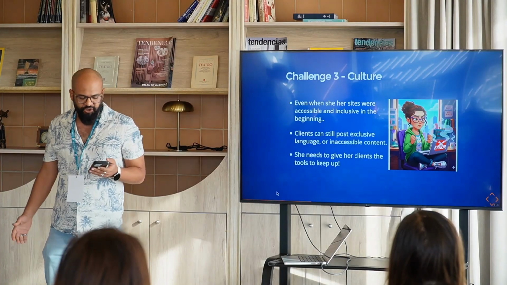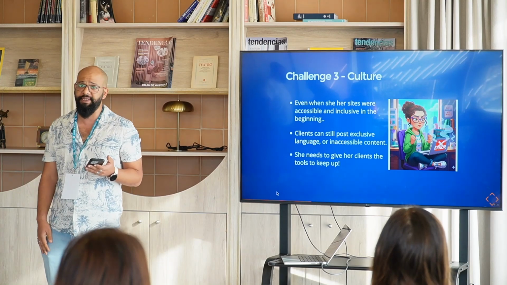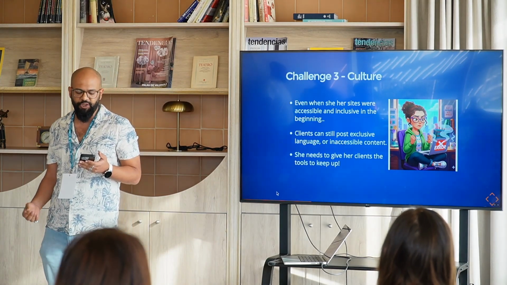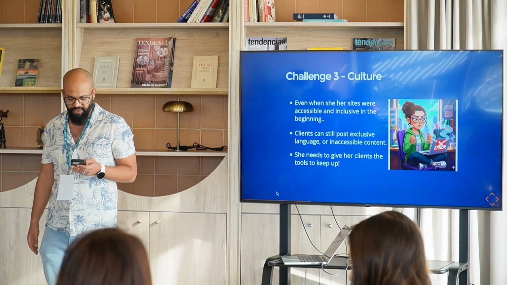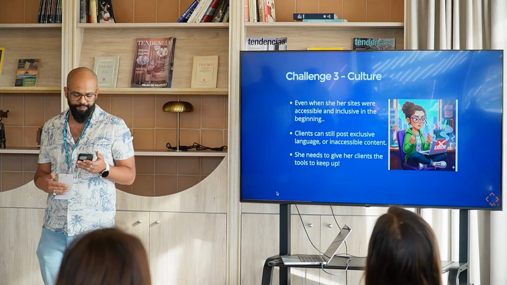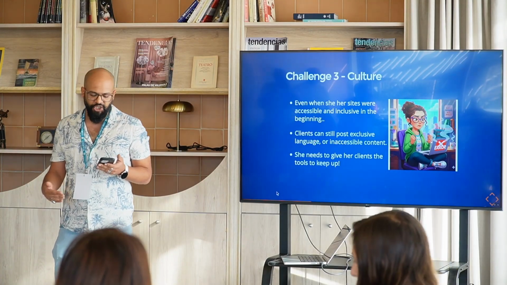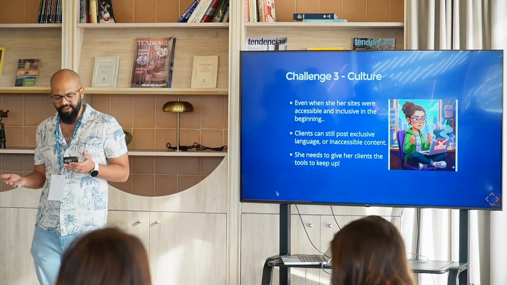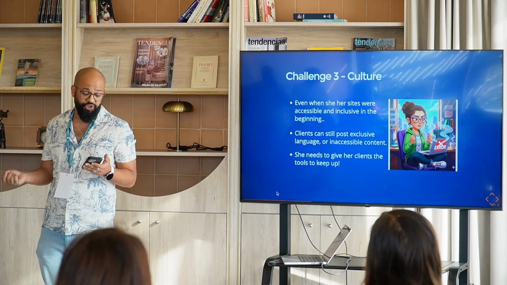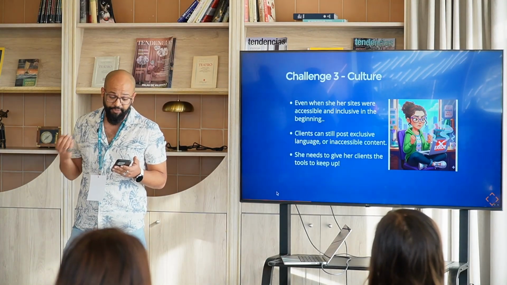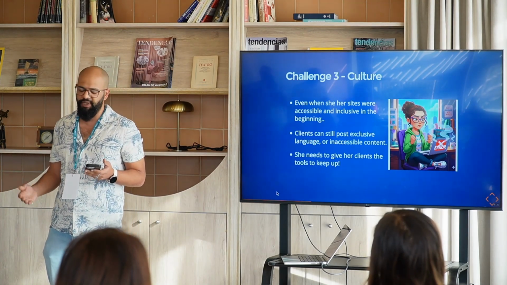The third challenge is culture. Even when she delivers a perfectly constructed and accessible house with solid technical foundation, the accessibility of that house is compromised the moment the owner starts furnishing that house. Day-to-day content creation is where these well-intentioned efforts often break down. The core of this issue is a fundamental misunderstanding. Clients often perceive accessibility as a one-time technical setup or a checkbox that the developer installs, rather than an ongoing content strategy and shared responsibility.